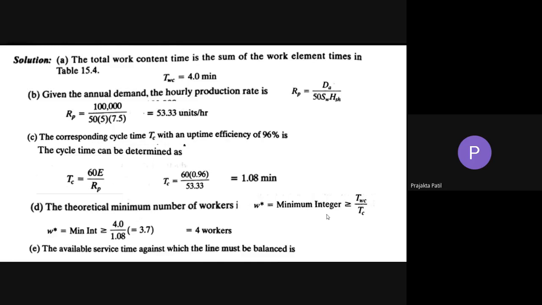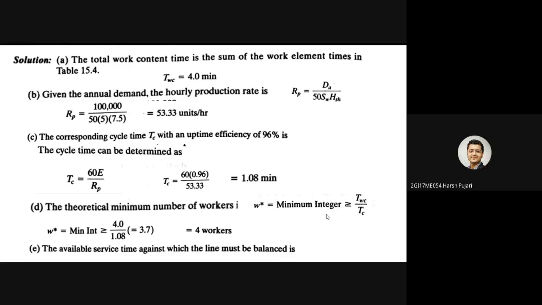So here the cycle time is going to be 1.08. There is no idle time considered because this is with respect to the bottleneck station. So this is clear how to solve the problem. This is the most simple thing that you'll see in this unit. Are all getting this answer?